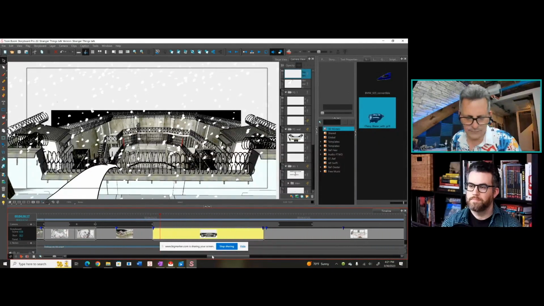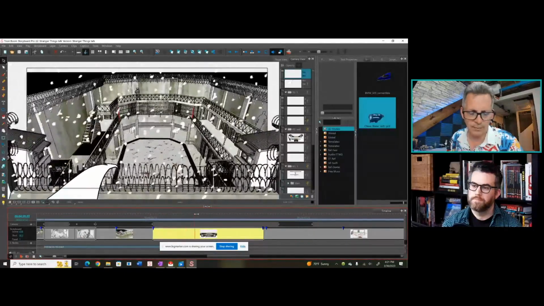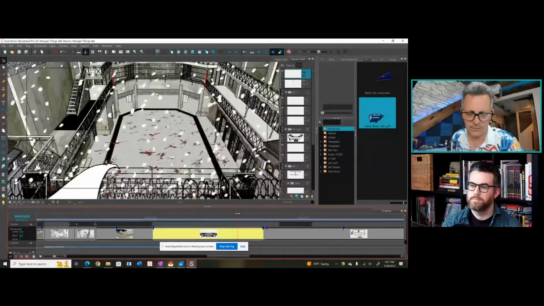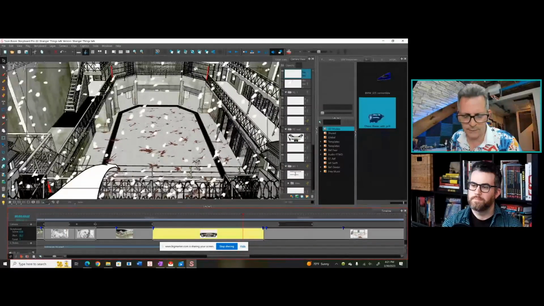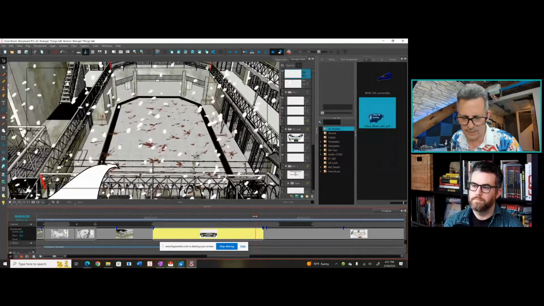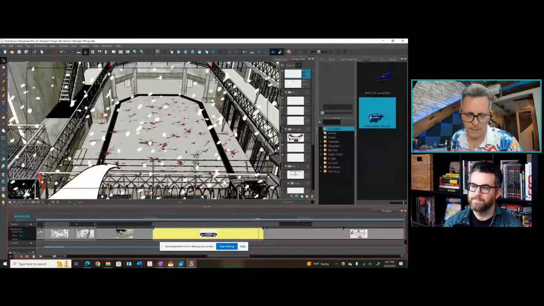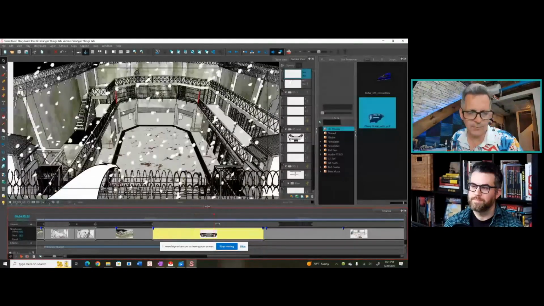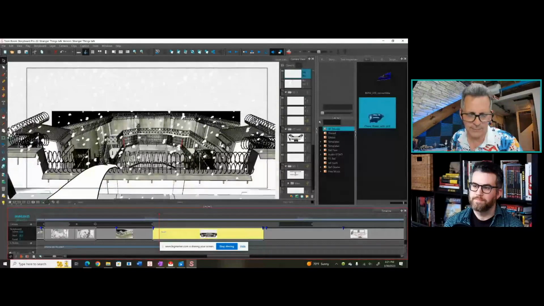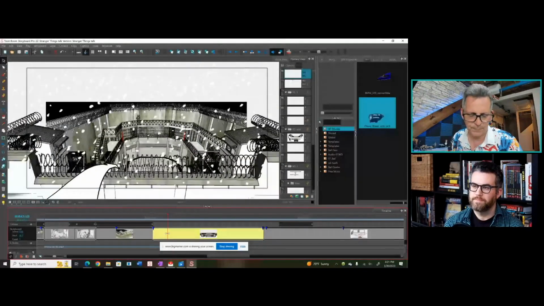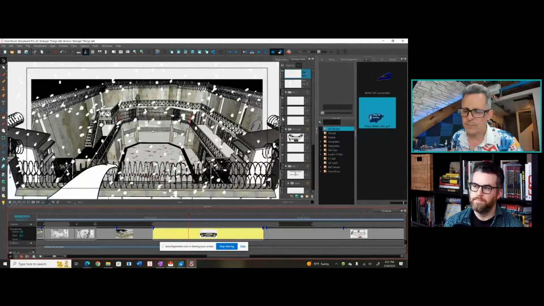So the director wanted this sky shot that comes up over the wall and looks down into the pit. And then you'd see, down here, if you can see it on your screens, the guards dragging Hopper across the blood-soaked ground. So while this looks really complicated, this was a very simple effect to do in Storyboard Pro. So the snow is one layer, just one layer of white dots that I animated slowly moving down.